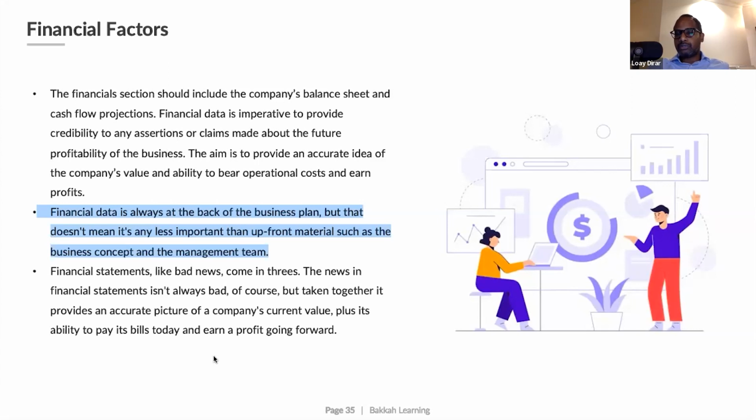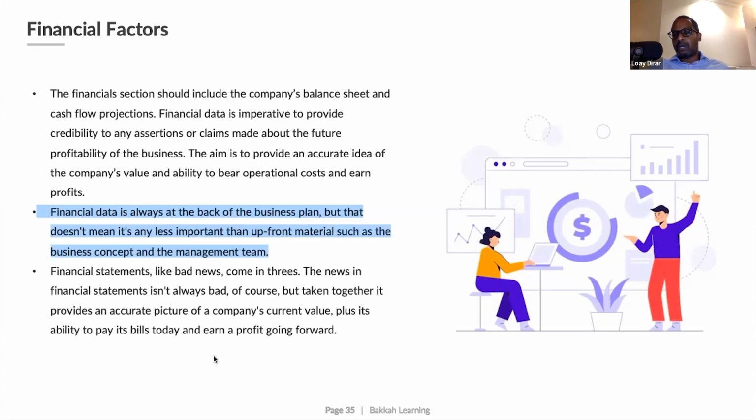You need to make sure that your data, when it comes to developing the financial projections, is as accurate and as transparent as possible. Plus, you need to always consider that part of your financial modeling, or financial section in your business plan, is to include different scenarios, in which you showcase for your investors how your business is going to perform in good situations,